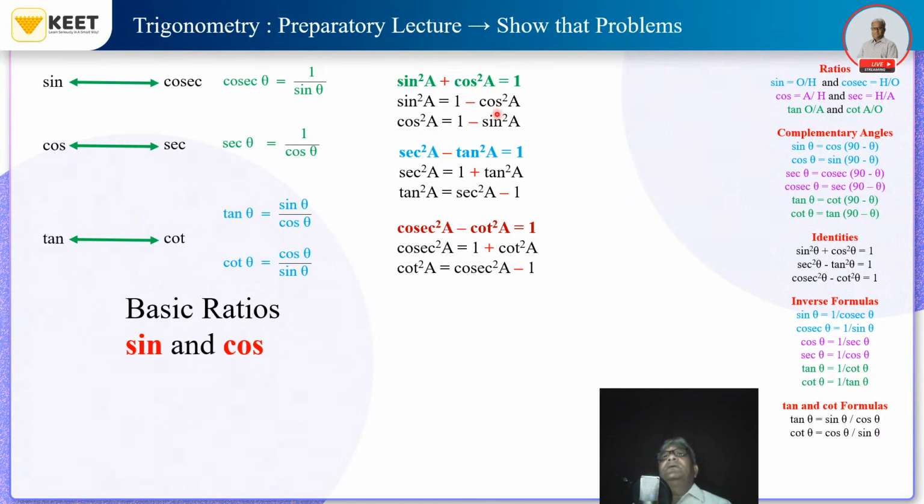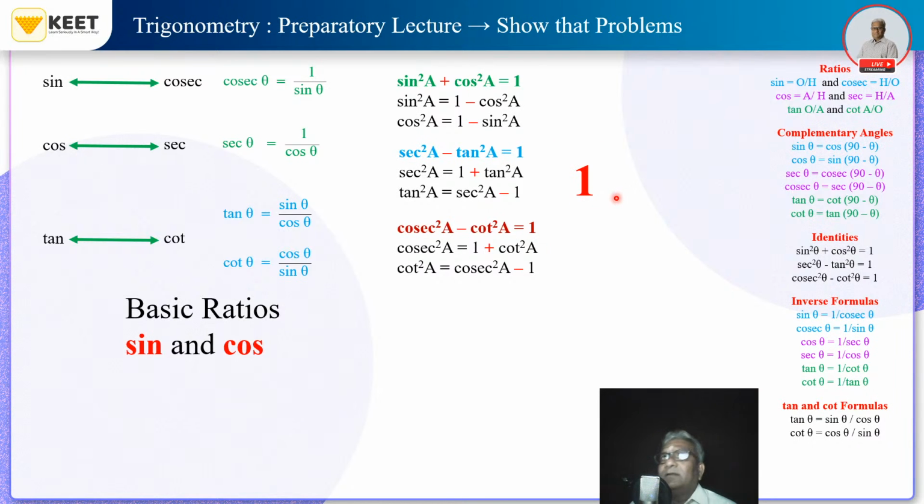Now try to focus on the identities again. You will find that each and every identity is equal to 1. That is sin square A plus cos square A is equal to 1. Focus on this 1. Then we have sec square A minus tan square A is equal to 1. Again focus on this 1. And then we have cosec square A minus cot square A is equal to 1. So now we shall take this 1,